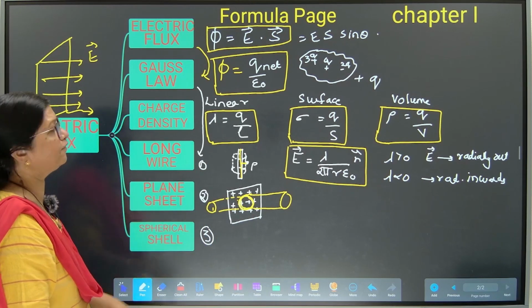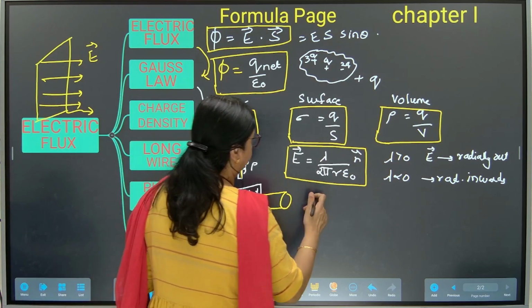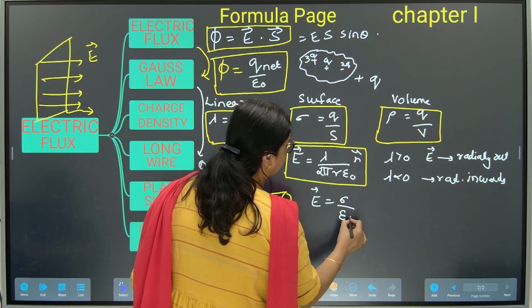Then the electric field due to this sheet is given by E is equal to sigma upon epsilon naught n cap,